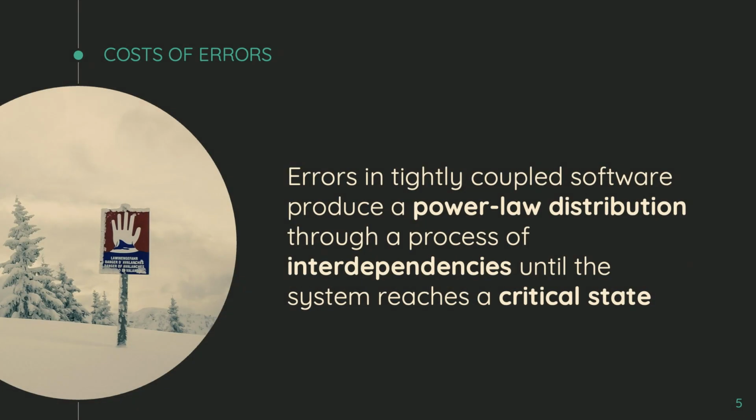The problem with that mess, too, with software, and this is why it's so detrimental to a project, is that messy code causes errors. And because software is so interconnected, those errors actually manifest in a power distribution. Basically what that means is it's like an avalanche, for example. You have a snowflake, there's another snowflake that turns into a snowball, and then turns into this big thing that goes down the mountain, right?